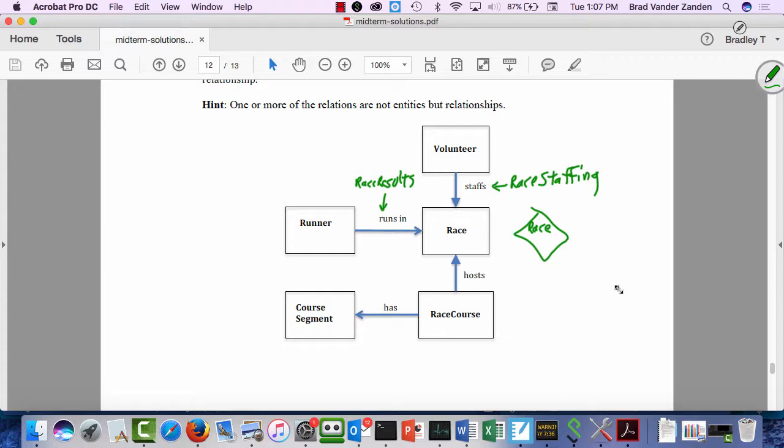The relationships are all pretty much independent. So volunteer and runner don't really have much of a relationship. It's not like Brad Vander Zanden runs in a race where Nick was a volunteer, because there's lots of other volunteers that were also volunteering for that race. So when you have more than a two-way relationship, it's because there's a strong tie between the elements in that relationship. Like in the restaurant relation that I had earlier,